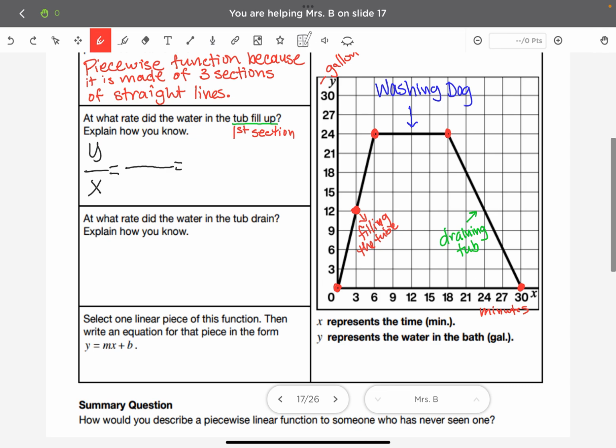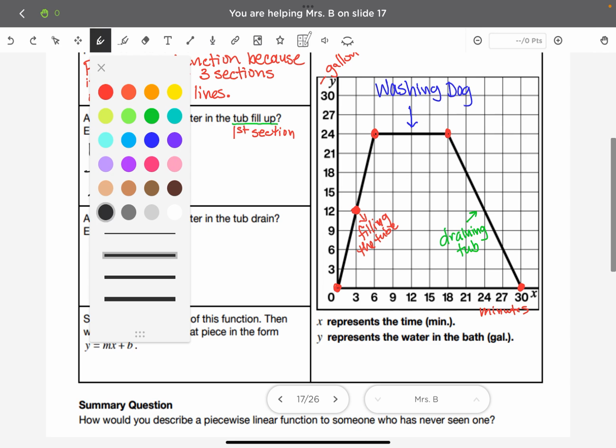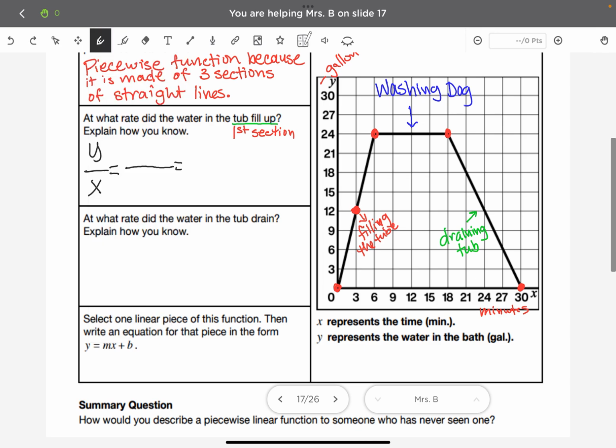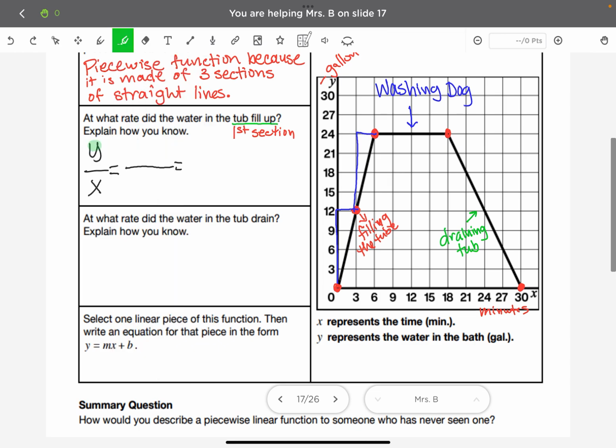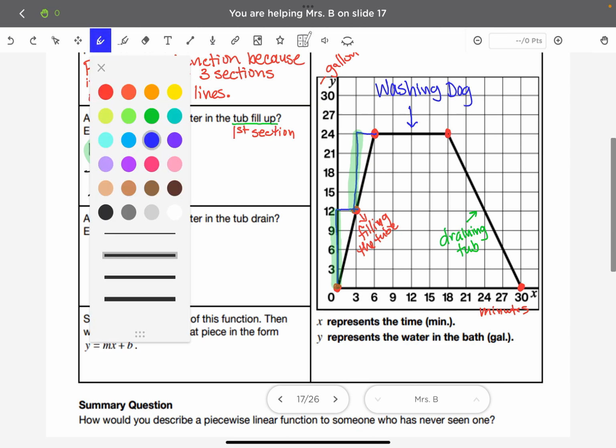I'm going to think about, let me change that color. I'm going to think about going up and then over, up and then over. So when I'm going up, that's representing my change in y, right? So my y is representing any time that I'm moving up in this. So if I'm looking at my difference of going up, I'm going from 0 to 12 and then 12 to 24. So I can think in terms of that as being